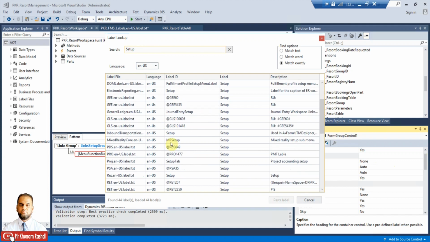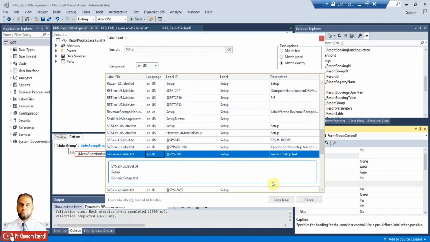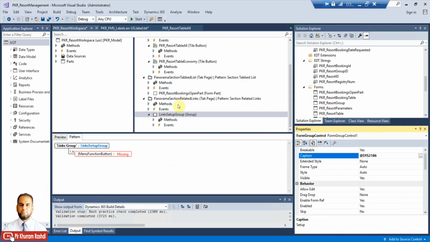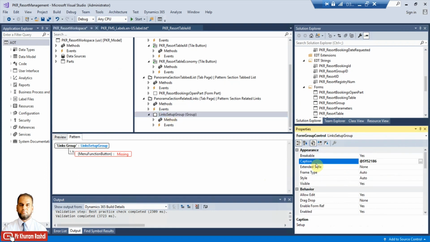Okay, just select sys label. Okay, so the setup label I have set now in the caption property, and I can save it at this stage, and